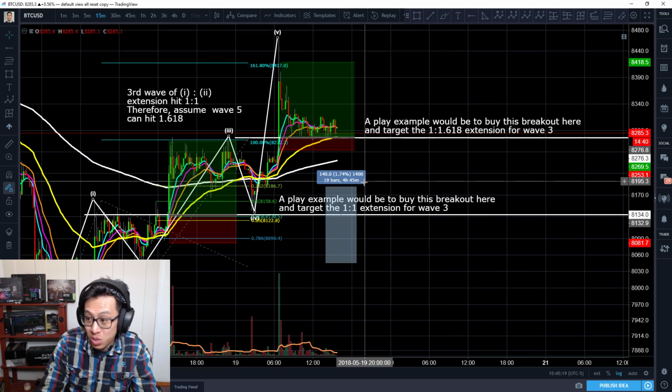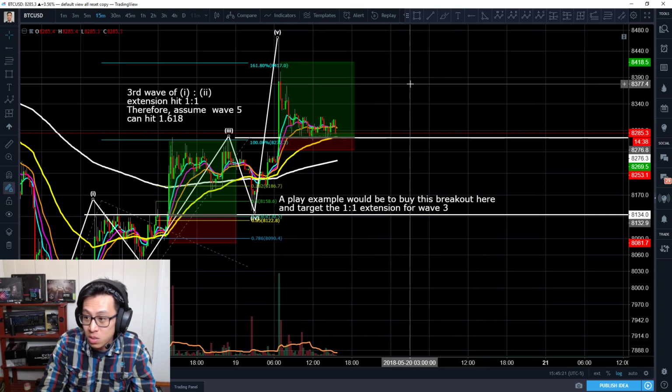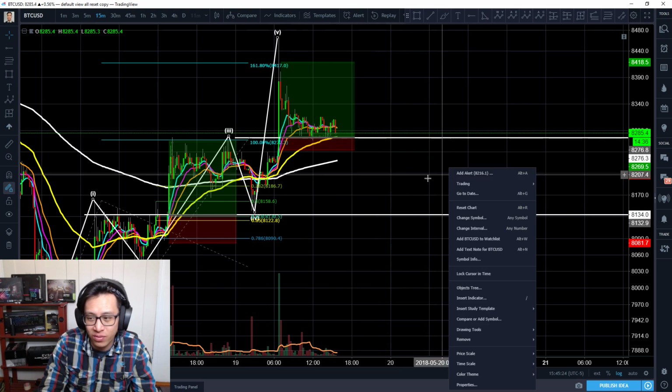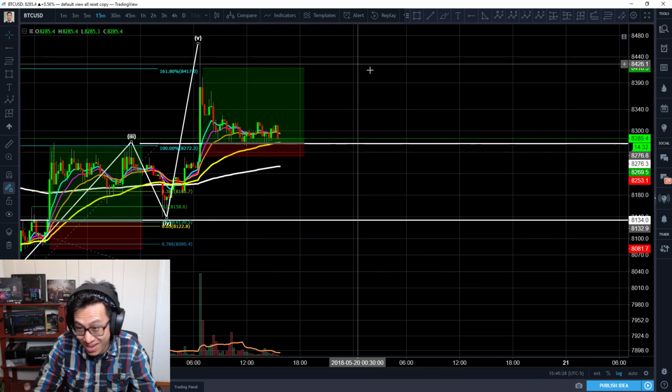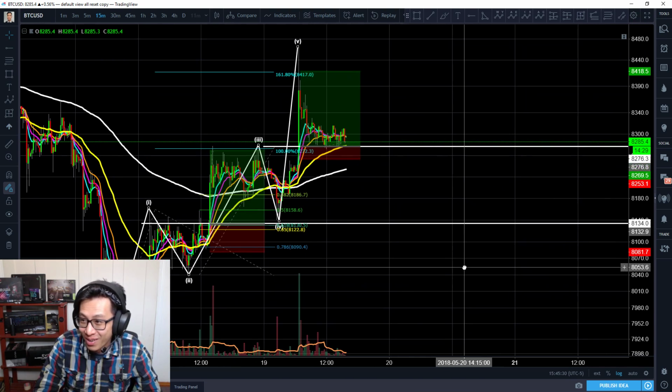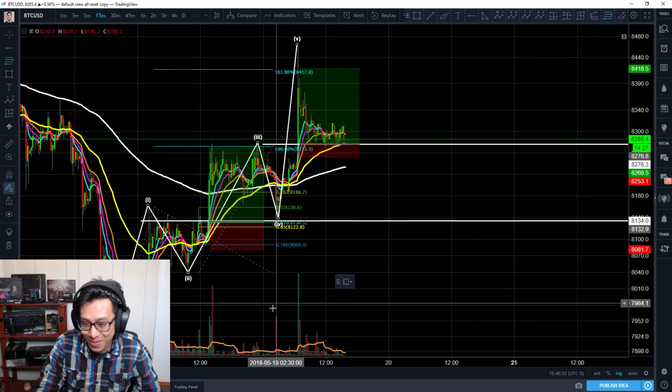Okay, so this is a really good example just to show you guys what's going on. Now, do I see this as a flag? Yes and no. I can't really subdivide it, guys. It's on a 15-minute time frame. You don't really do that, okay? Well, you can, but that's crazy sometimes, right?